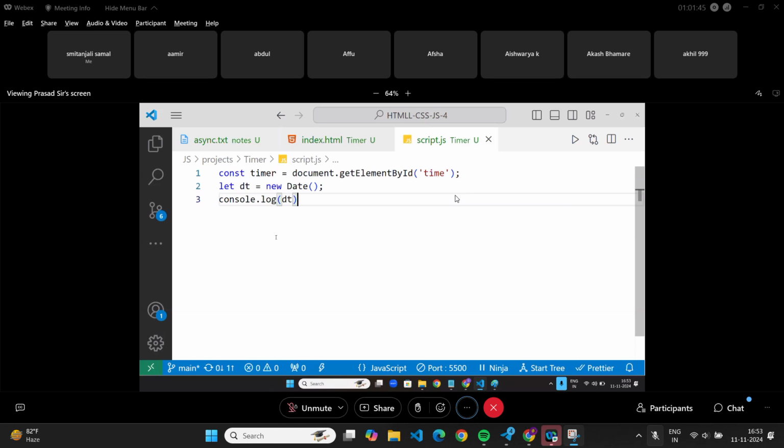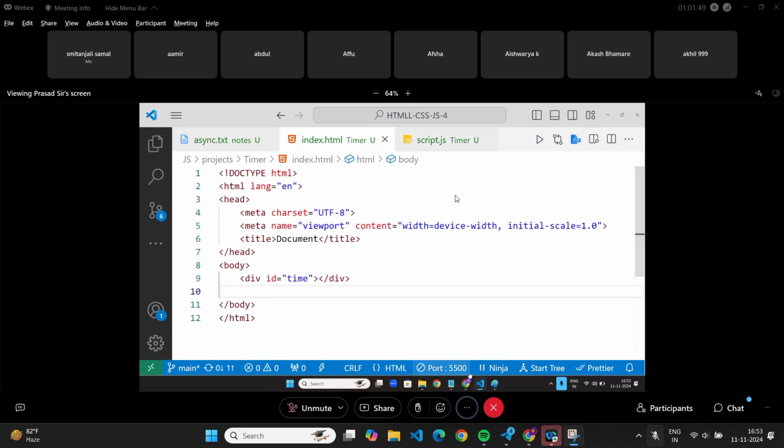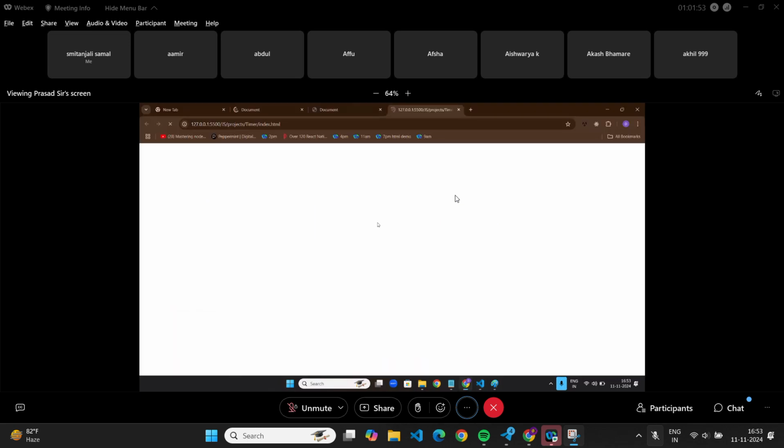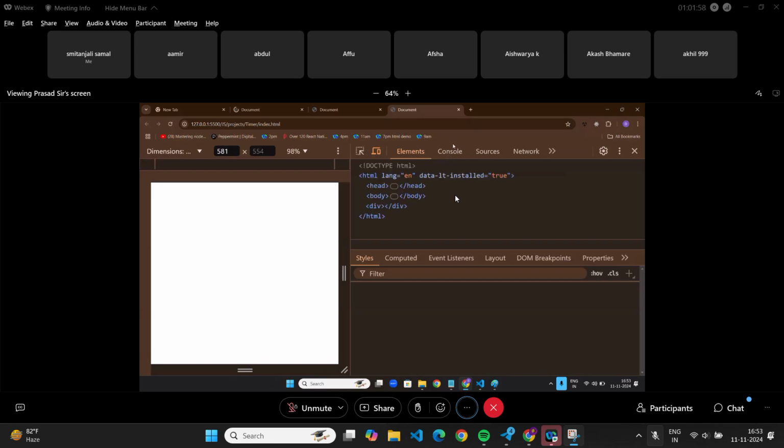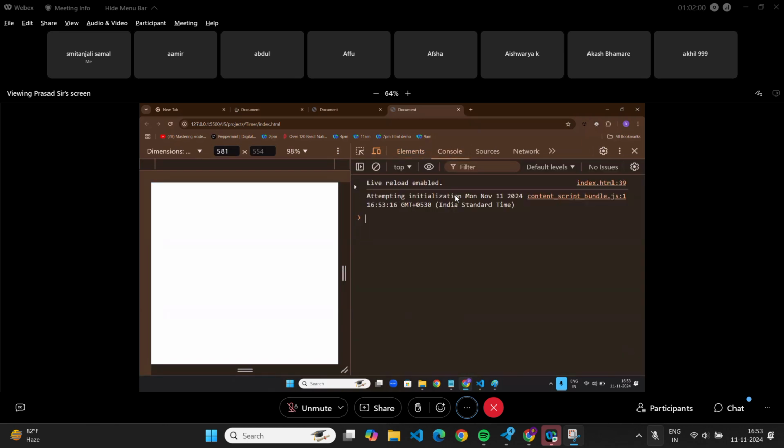Now, if I run it, it will show you the current date. Hey, why is it not showing?